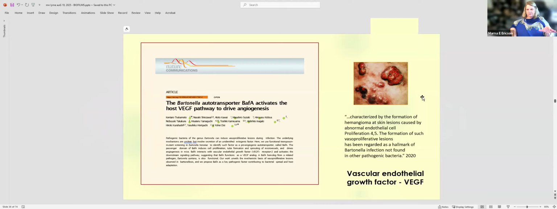And then I have some other friends, these are the Japanese folks, and they found that there are all kinds of special signaling factors produced by Bartonella that influence angiogenesis, blood vessel growth. And here's an example of Bartonella bacilliformis. That's the ancient version of Bartonella, and it's also called Oroya fever and